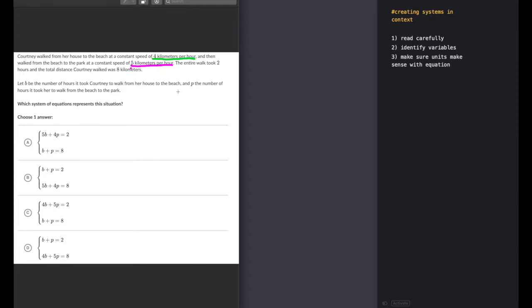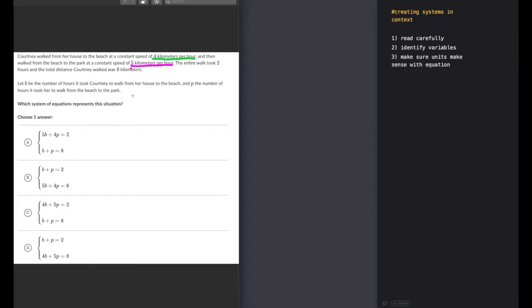Okay. So they say, let B be the number of hours it took Courtney to walk from her house, and P be the number of hours it took her to walk from the beach to the park. So this first one, B, is from the house to the beach, and the second, P, is for the hours it took her from the beach to the park. This is a lot of information thrown at us at once, and we need to figure out how I can